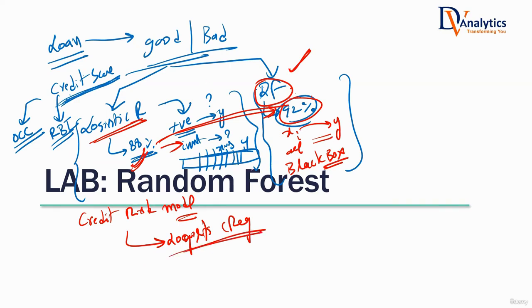Okay. Maybe just for internal benchmarking, just for internal checking, we may have tried random forest. Logistic regression, even decision tree is also fine. These are simple models, but they have more explanatory power. These are complex models, but less explanatory power. Now, will you be able to answer that question? Why do we still use simple models if there is random forest? All these points are clear to you? Yes, sir. That is the story of random forest.